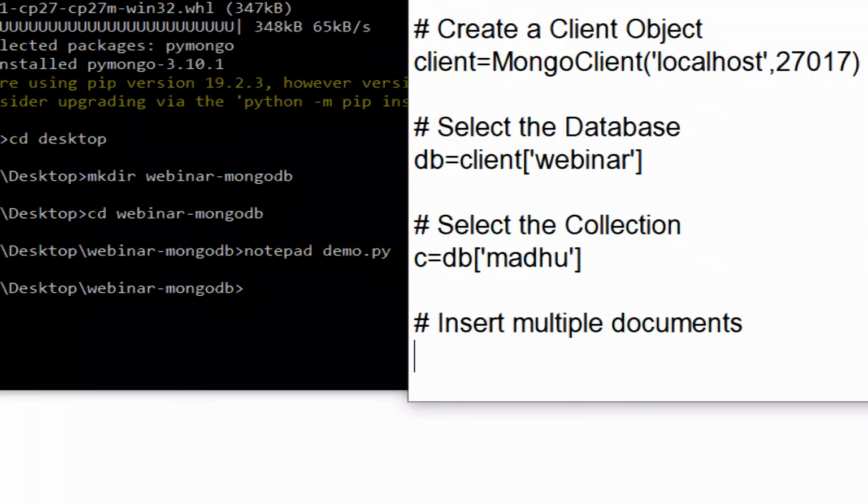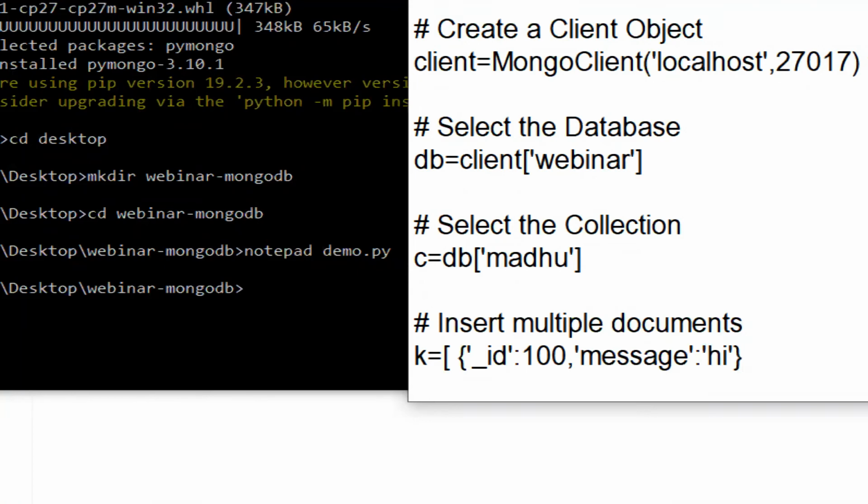If someone asks how to insert multiple documents, take some variable k equal to a square bracket, with _id: 121, or you can write 100, message: hi, comma.